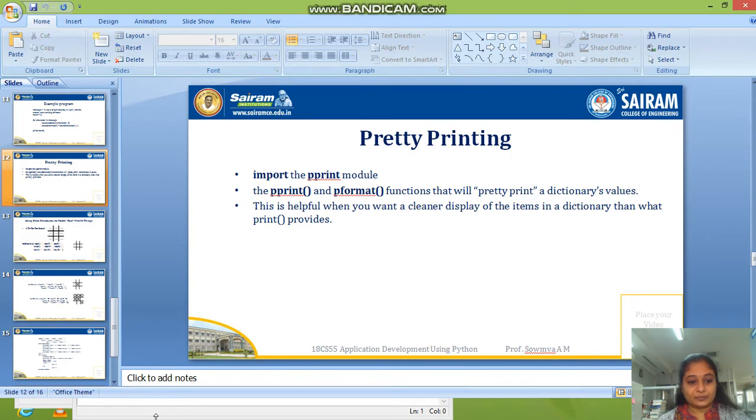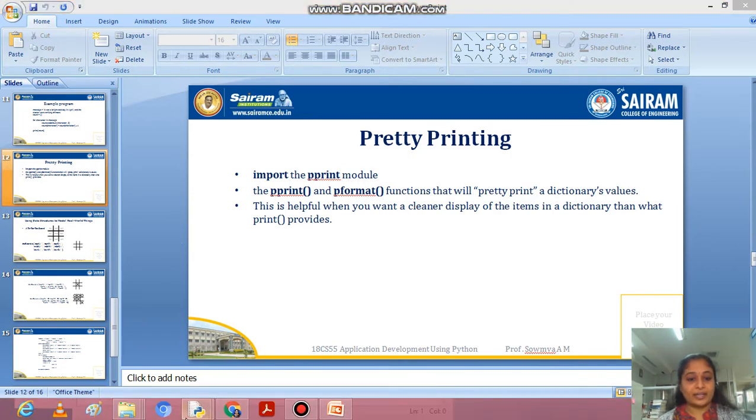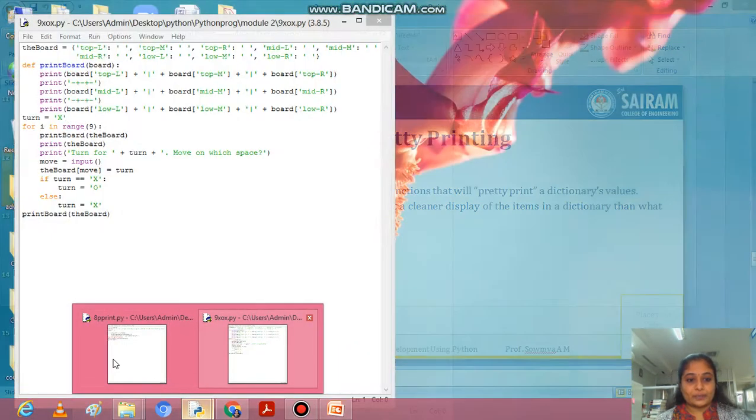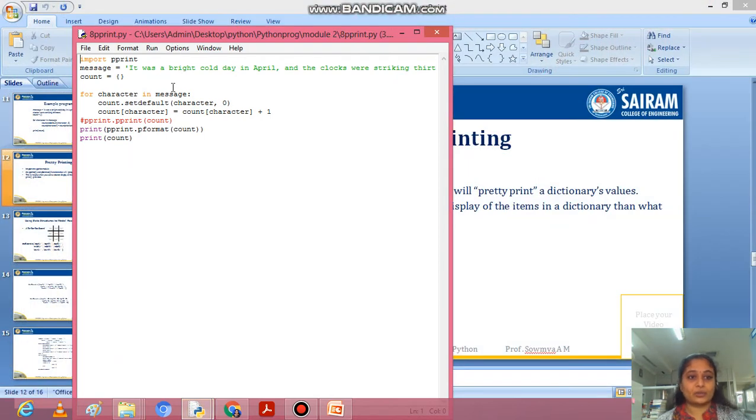So I'll show you an example where you can use the pprint module. See, here I have one program which is implemented with the pprint module. The pprint module is imported. So for the characters in the message we have used the pprint function.